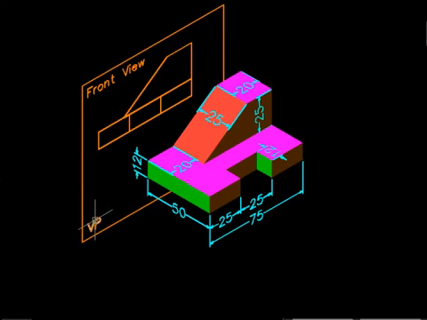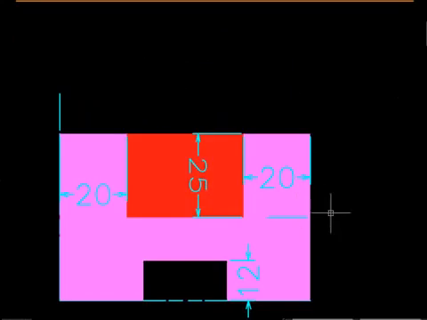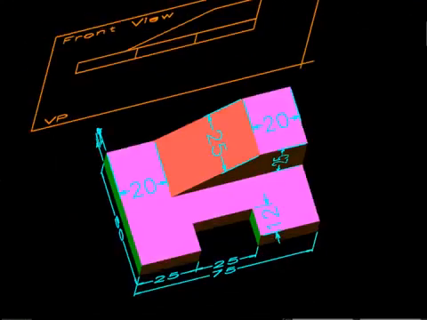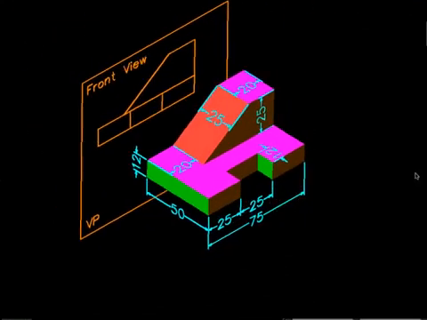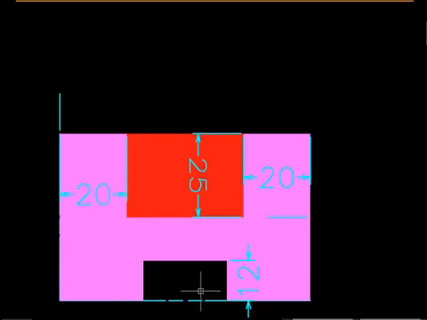Next we have to go for the top view. The top view will appear when you see the object from the top, somewhat like this. So this is the object. Here there is no solid, so none of the lines will appear here. These lines are just the top view of the other dimensions which are appearing in the isometric diagram, which you can see here. These dimensions. Fine. So there are no edges here. There is nothing over here that matters.